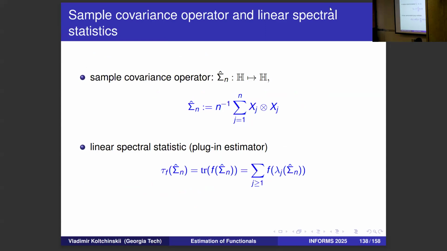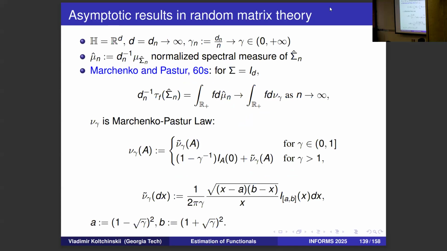Now you can try to use the same thing as we always use, at least as a first step: the plug-in estimator. The plug-in estimator has a special name in random matrix theory. It's called linear spectral statistics, and it has been studied for ages. It goes back to the results of Marchenko and Pastur in the 60s, who proved that, in the standard framework in random matrix theory, when dimension divided by n converges to some number gamma,